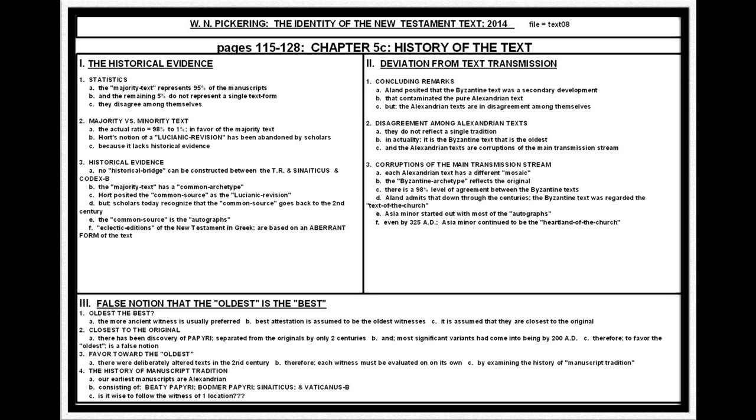Actually, Block 3 picked up just a couple pages of Chapter 6. Our next lesson is going to be in Chapter 6, but Block 3 here does pick up just the first couple pages of Chapter 6. But we will fully approach Chapter 6, which will also be done in 3 parts. We'll begin with our next lesson with 6a, but this is going to wrap up 5c on the history of the text